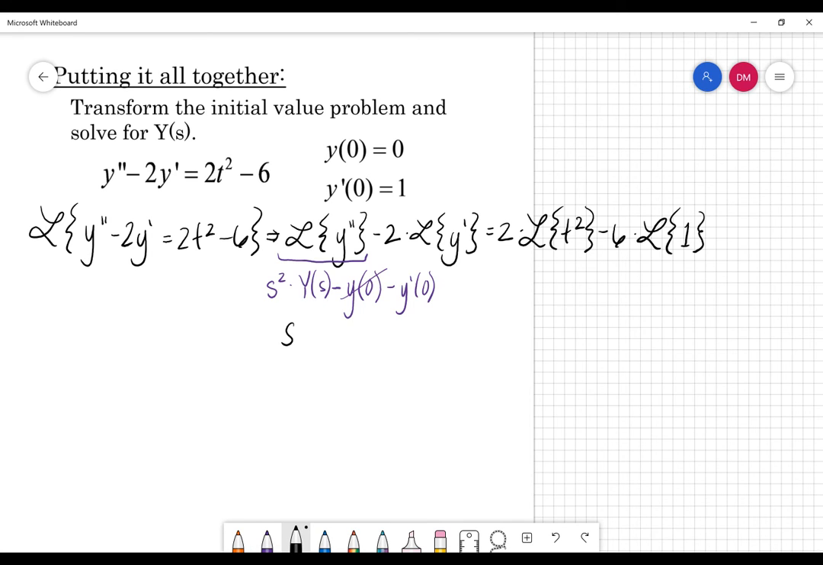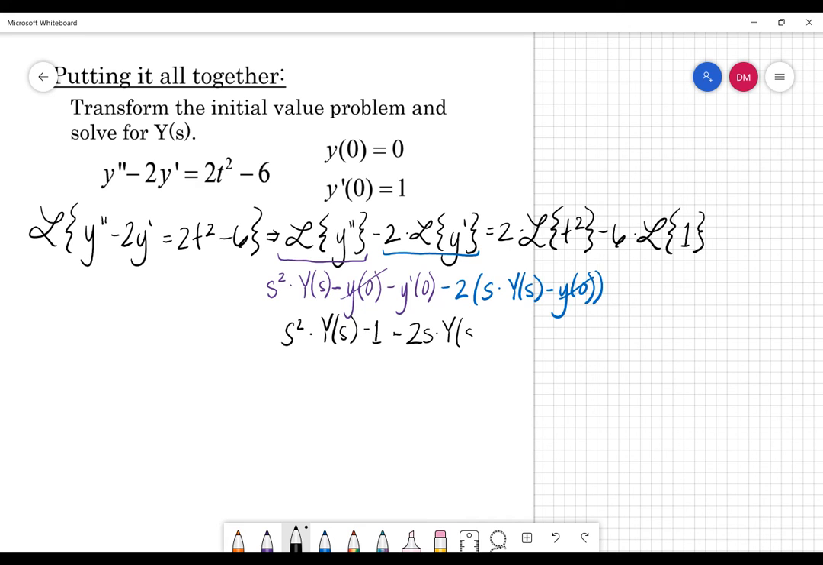So let me go ahead and bring it down. S squared times capital Y of s minus 1 is what we get there. Okay, now choosing a different color here, we're going to do 2 times the Laplace of y prime, which is going to be from the table s times capital Y of s minus f in the table. It's f. Let's go back to y of 0. Which y of 0 again is 0, so that's going to just cancel out. And this gives me minus 2s